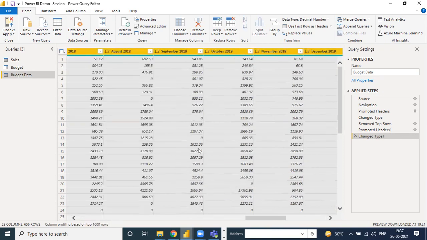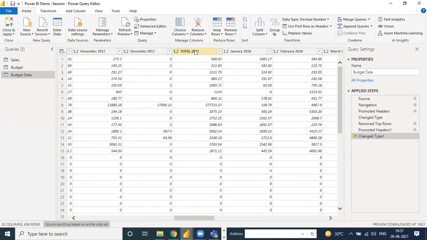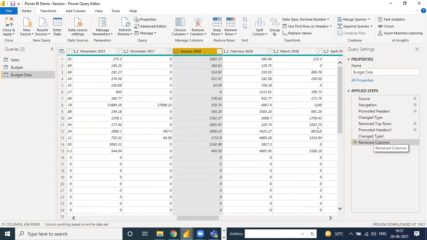First I delete only the total. Suppose total of 2017, click and remove column.